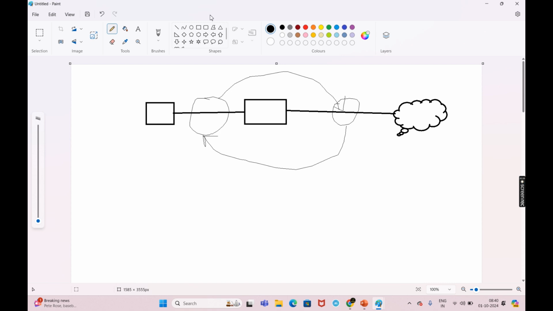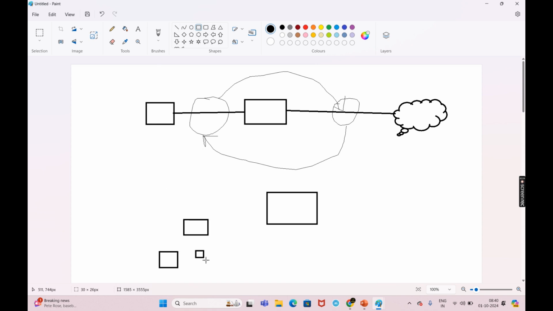Let us see: this is a firewall, and it will be connected to a switch. There will be multiple monitoring systems in your network. For every network there will be monitoring systems, and a certain department dealing with this monitoring. We have monitoring systems here,